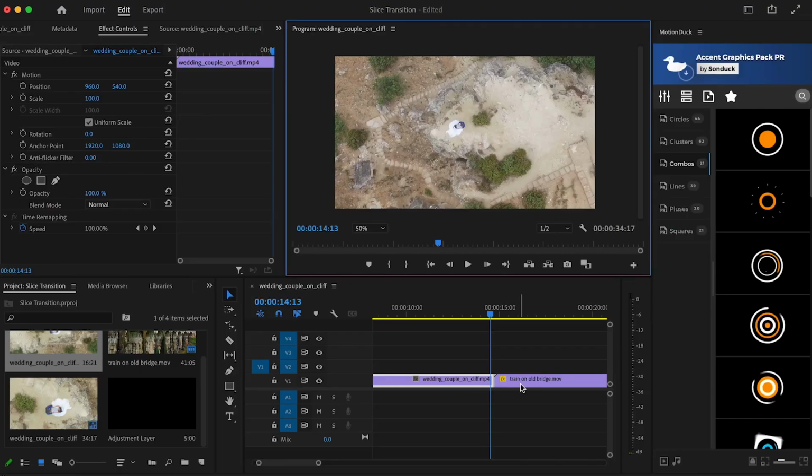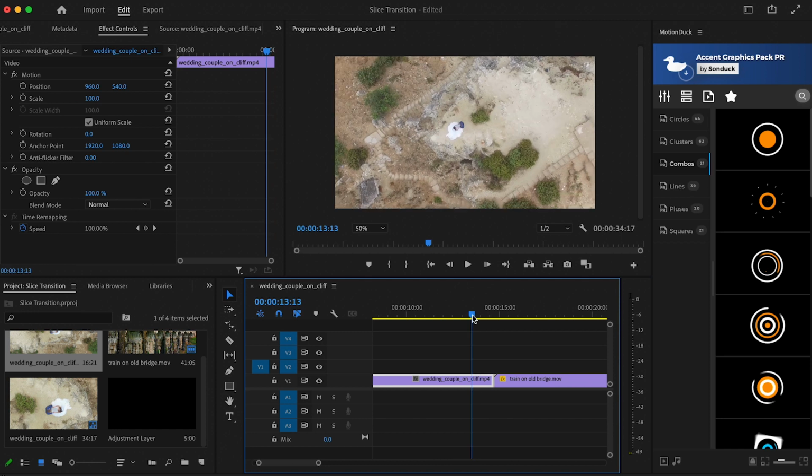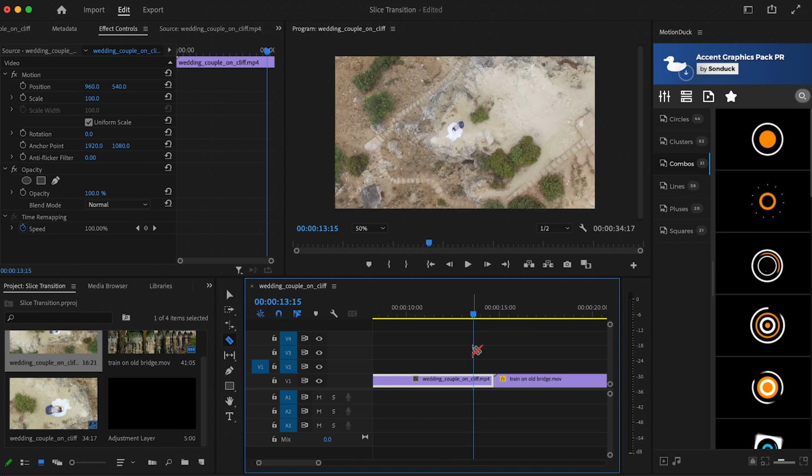Here's how you can make an easy slice transition in Premiere Pro. Start with both pieces of your footage arranged on your timeline. Now position your time indicator about a second before the first clip ends and make a cut with your eraser